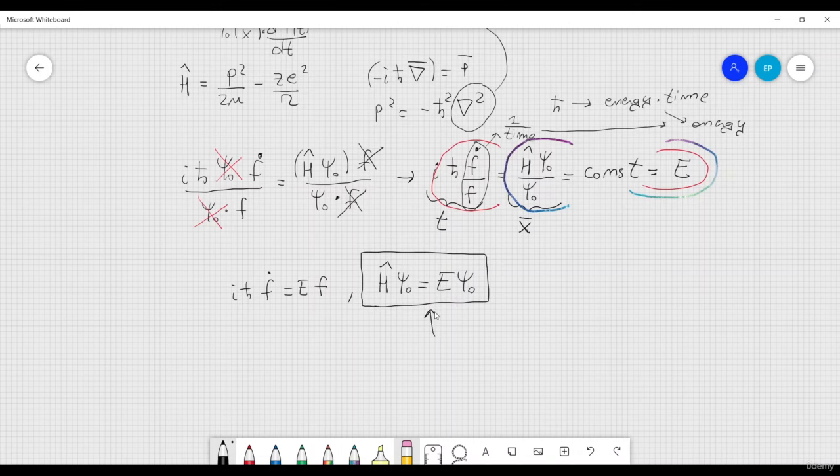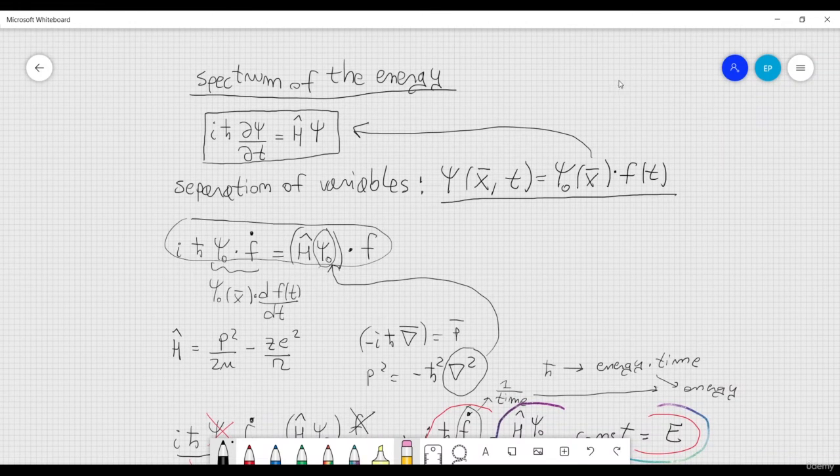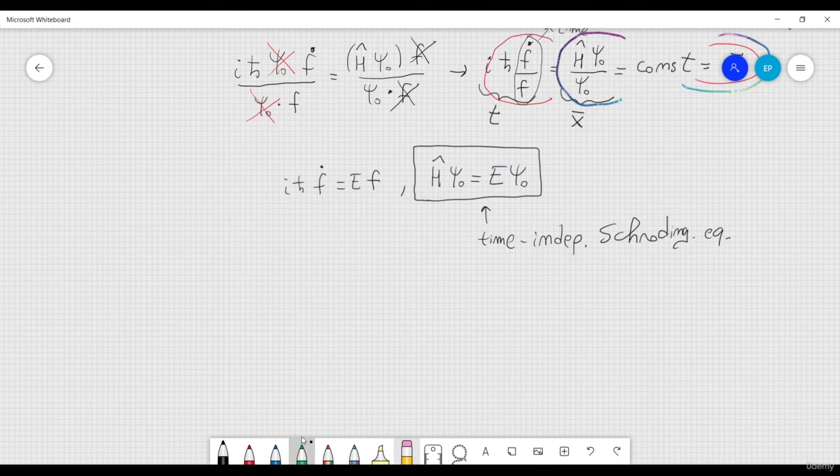In particular, this one that I have just framed is very, very important because this is the time independent Schrodinger equation. Whereas the starting equation, and I'm referring actually to this one, this is the time dependent Schrodinger equation. And this other one here is probably the least important here,